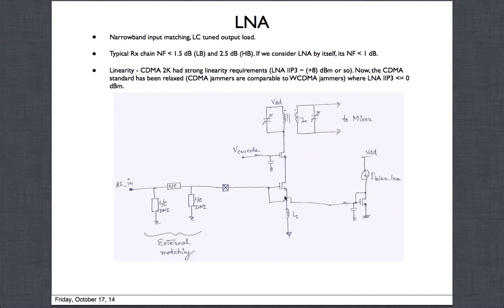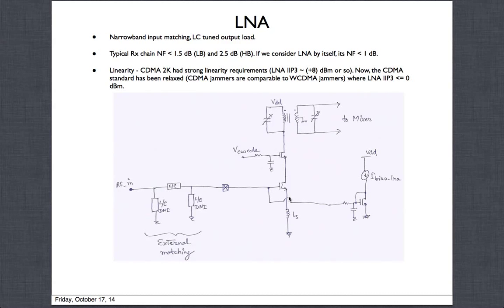Okay, so the narrowband matching that I'm sure you're probably familiar with already is where you use an on-chip inductor. This LS is an on-chip inductor, and you also use an off-chip inductor. So let's say this element was an inductor L. This is off-chip. This is my package pin, and anything on the left side is off-chip. So these two inductors, along with it, will see a capacitance here.